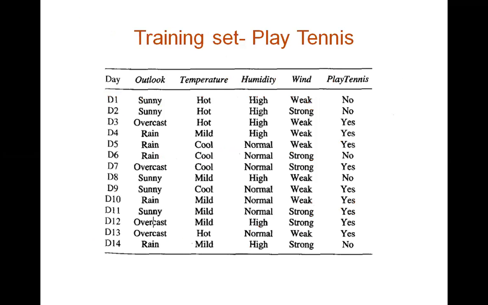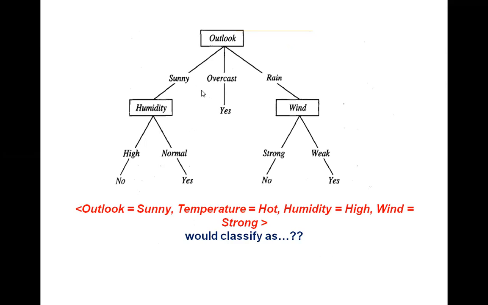Next, like temperature, you can see here, the temperature attribute is there, but it is not part of this tree. Again, the question is why? How have you concluded that only these three attributes are enough? We need some logic, right, to write the decision tree. To represent that data in the form of a tree, we need some logic. Which one has to be the root? All those kinds of logic.